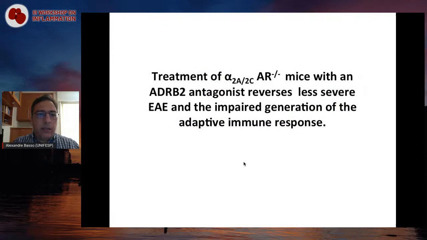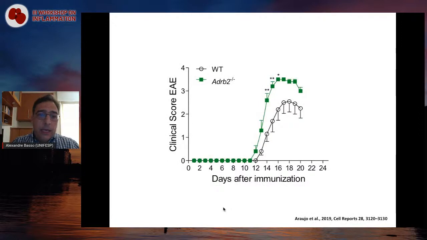So the bottom line here is that treatment of alpha-2A, alpha-2C deficient animals with an antagonist of the beta-2 adrenergic receptor reverses the less severe EAE and the impaired generation of the adaptive immune response. And we also did some experiments with animals that are knockout of the beta-2 adrenergic receptor. In this case, we saw just the opposite. So the animals that are deficient in the beta-2 adrenergic receptor, they accordingly develop more severe EAE,